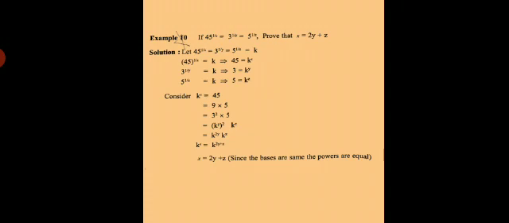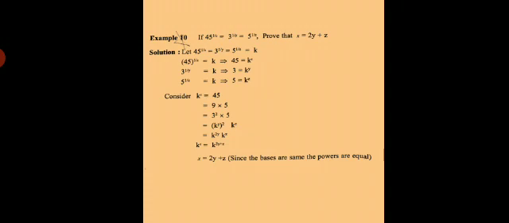Now here what is given, you consider that equated to k, so that each term we have equated to k. Compare them. 45 raised to 1 upon x is equal to k, then